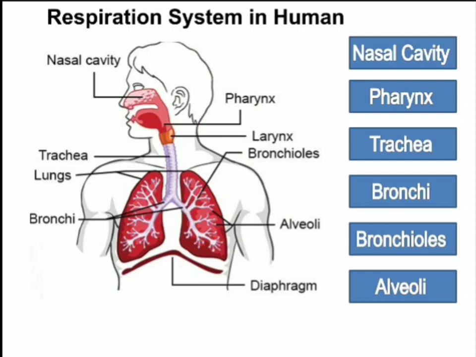So these alveoli are very irregular in shape to provide a larger surface area, so that maximum exchange of gas will take place. So the air which is inhaled by the human body reaches the alveoli, where it gets in direct contact with the blood basically. In the last slide of this video, I'm going to show you the structure of alveoli, where the gaseous exchange finally takes place in our body, and the oxygen goes into the blood and CO2 from the blood goes back into the alveoli. Okay, so this is the respiratory system.